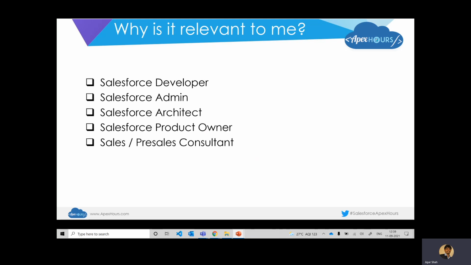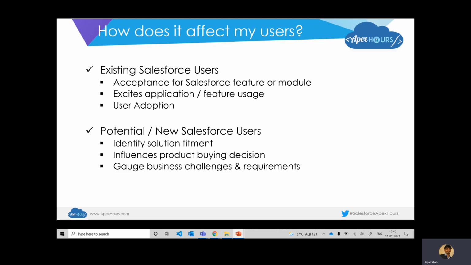And hence it is extremely important and relevant to know, one, how to demonstrate it, and how to really create a wow in your customer or client's mind while you deliver this demonstration, right? So if I really talk about